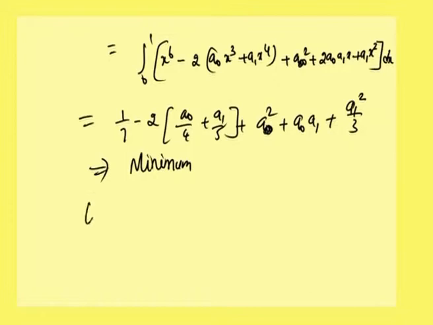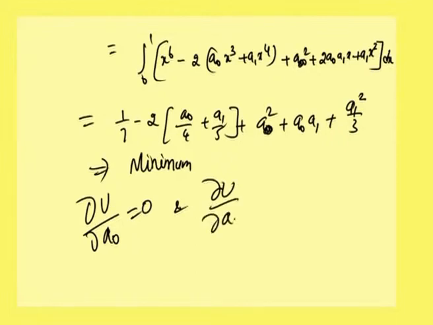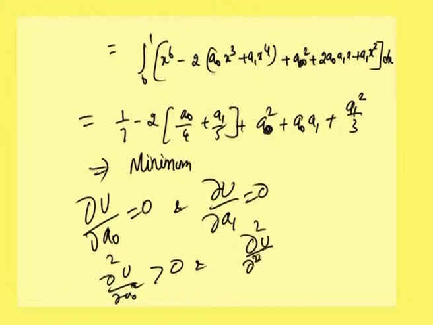Okay, and this will be minimum when ∂u/∂a0 is equal to 0 and ∂u/∂a1 is equal to 0, and correspondingly we should have ∂²u/∂a0² greater than 0 and ∂²u/∂a1² should be greater than 0. Okay. Now, this u of a0, a1, a function in terms of a0 and a1, is going